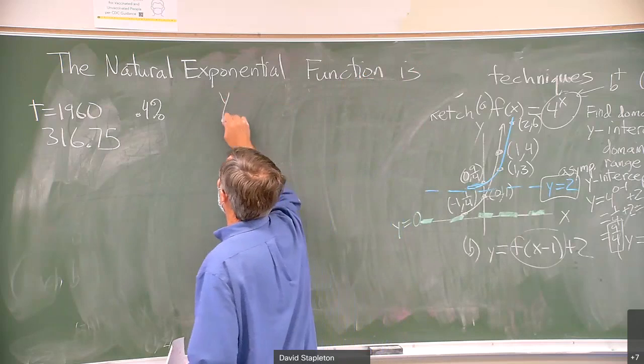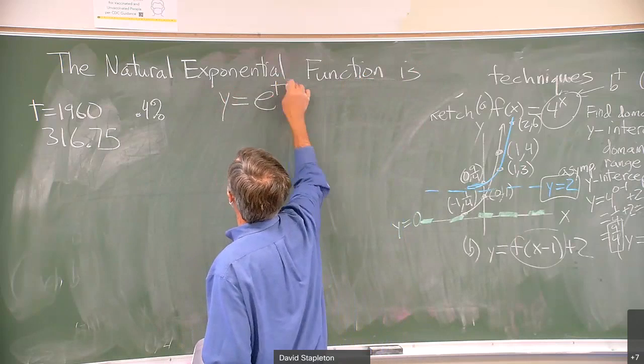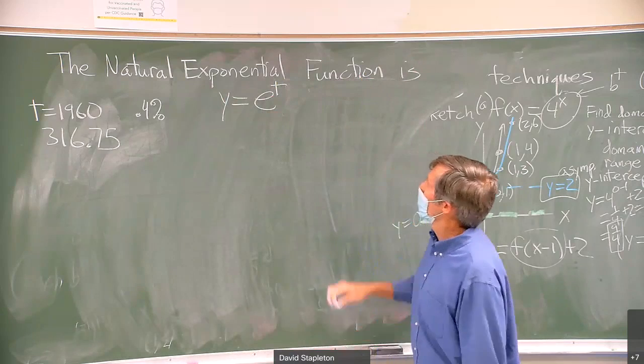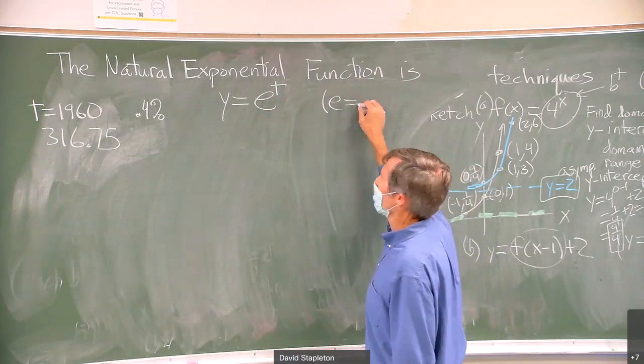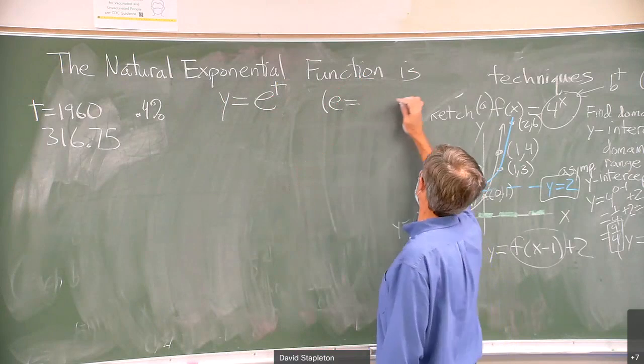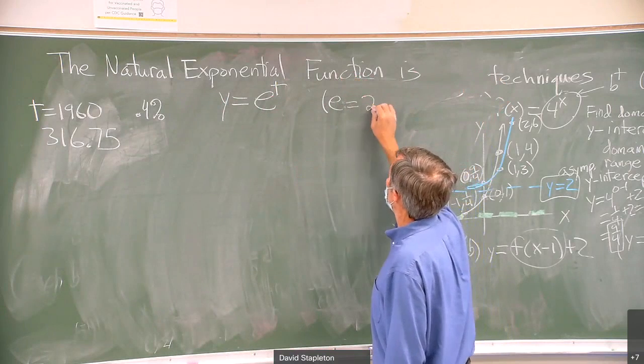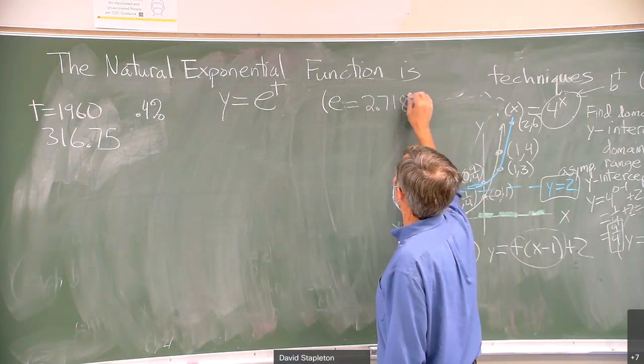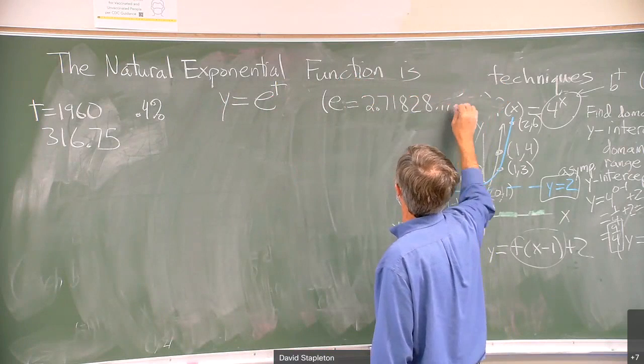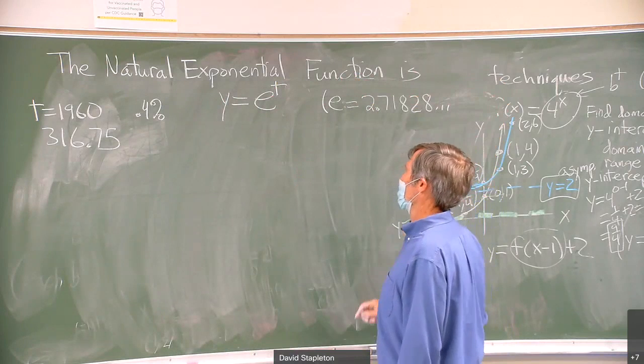It is y equals e to the t, where e turns out to be a very important number, about as important as pi, I think, in mathematics. It's equal to 2.71828 and a bunch of other digits